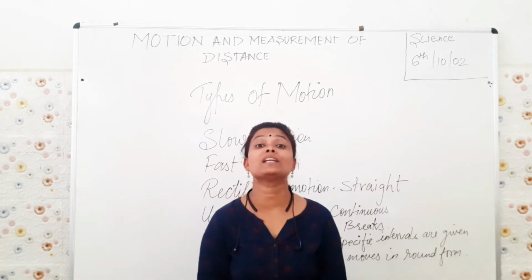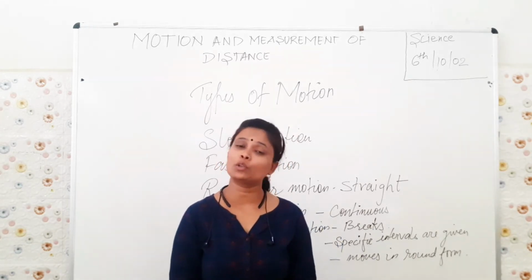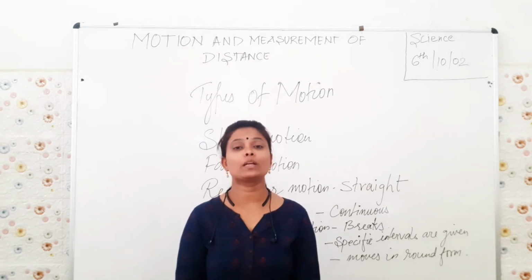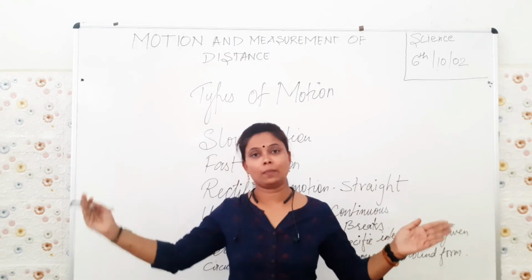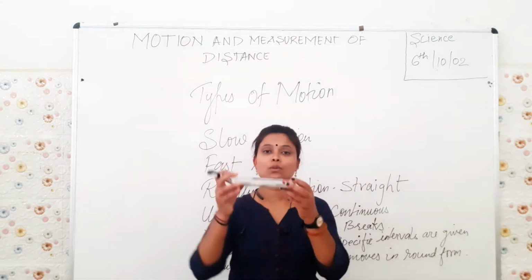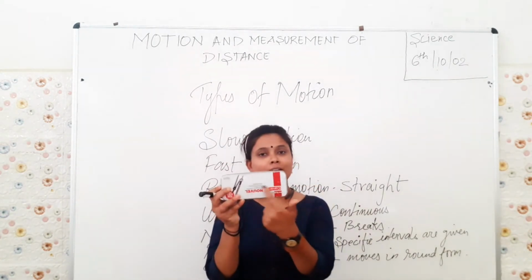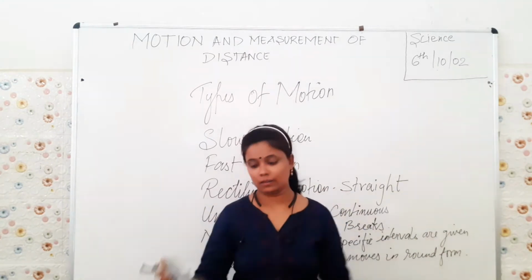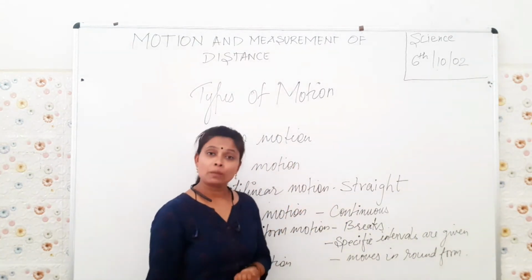You would have seen a train too. If not, go to the railway station, you will find the train looks straight. You have this pencil box, see, it's also a straight one. Is there any curve? No. So like this, if a straight line is there, it means it's a rectilinear motion.